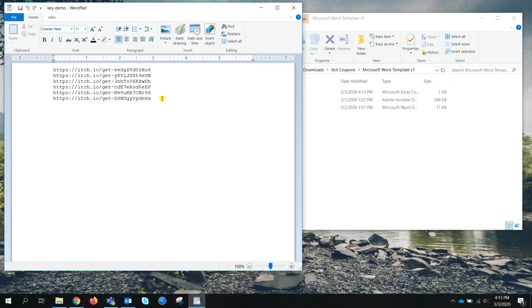Now that we've gotten our download keys from Itch, we can pull these into a Microsoft Word mail merge template. And Microsoft Word is actually pretty easy to do this with. Making layouts in Microsoft Word is a little bit more of a challenge. But if you already have a template with a layout set up, it's relatively easy to get your mail